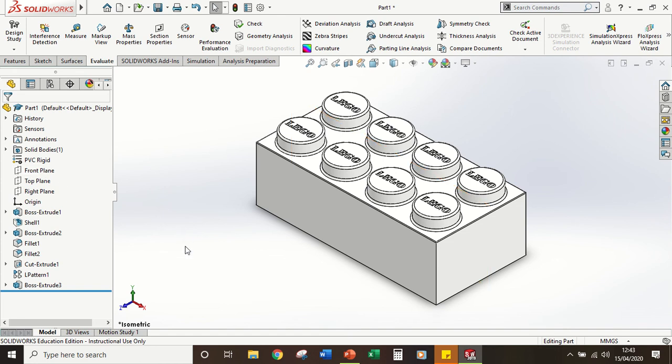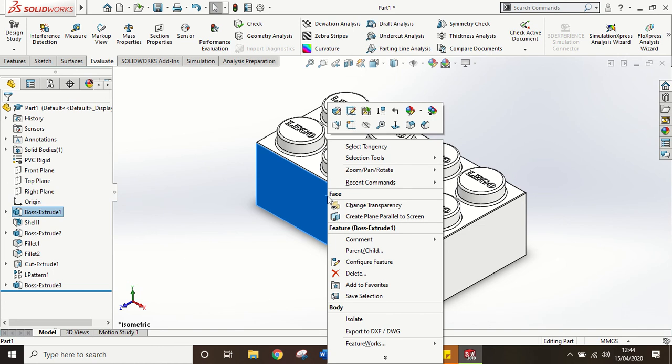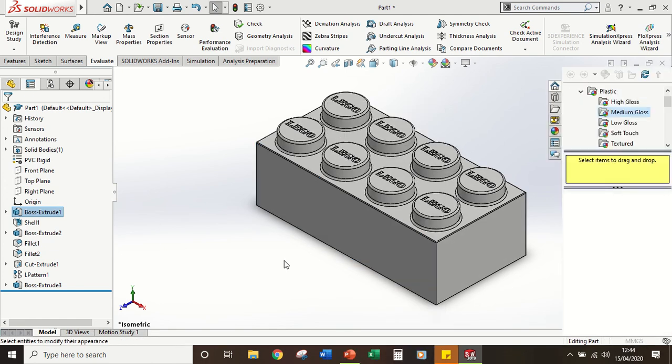Okay, so just say we want it to be made from PVC. Okay, so we're happy with our selection of material, but we don't want it to be white. Okay, so if we right click on anywhere on the object, this will appear. Okay, and if we go to appearances, click on that button, and we want to say this one will just deal with the face that we clicked on, this one will deal with the feature, this one with the whole body, this one with the whole part. So for example, if I want to change the color of the whole part,